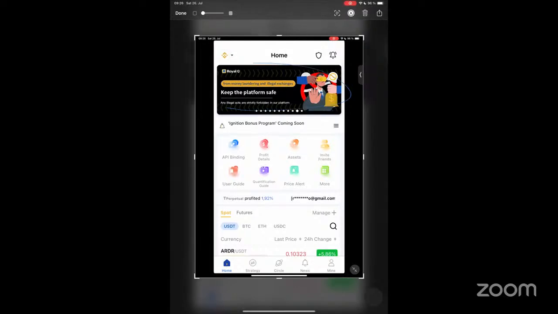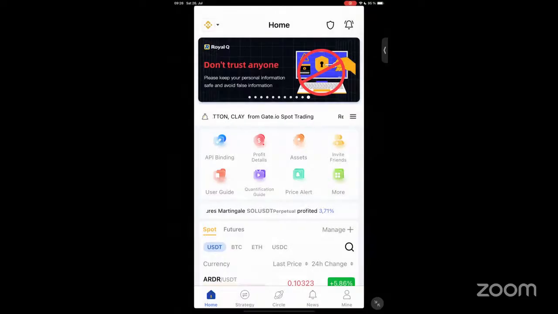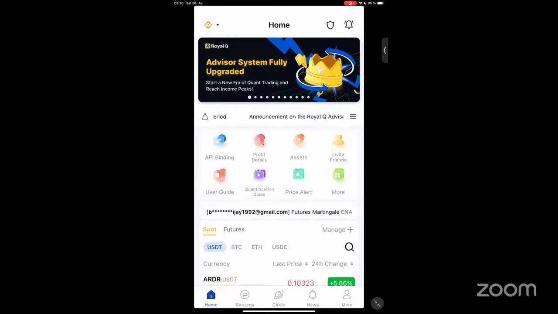Now, below this part is an advertisement. Okay, you see the notice board. If you were in school, that would be your notice board where you get information. So, advisor system fully upgraded. If you want to read more, just tap on it and you'll be able to get all the new information